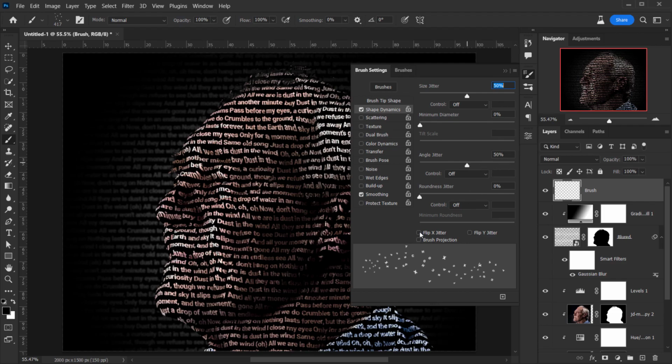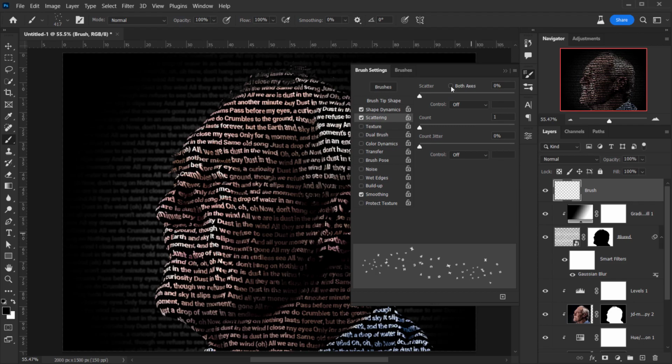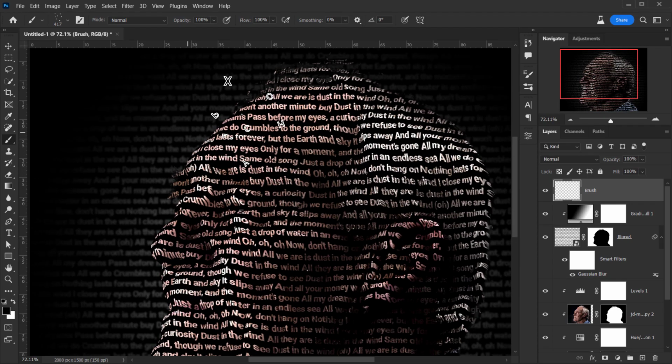And in here I will flip the X and flip the Y, and then I will go to scattering, and I will check both axes, and I will scatter this a little bit, not that much, maybe like 100. And the count, I won't touch it. So let's actually use it just like this. So let's zoom in a little bit,